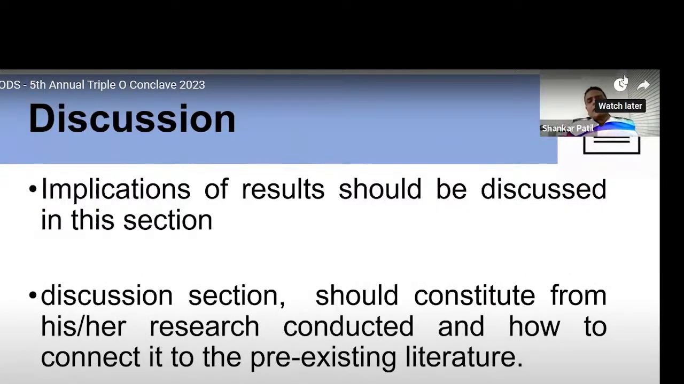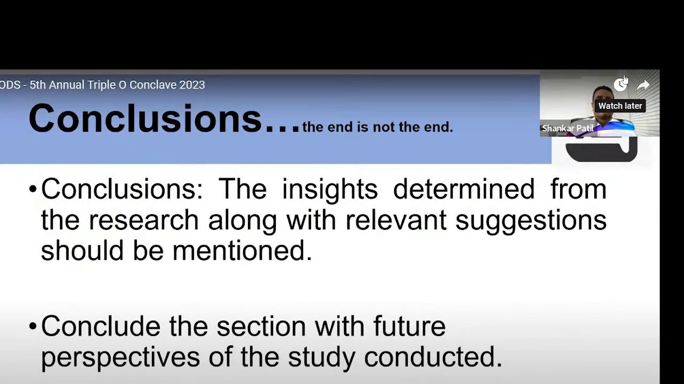In the discussion, the implications of results should be discussed: how the results you have got are similar to the pre-existing literature, and how they are different from it. In the conclusion, the insights determined from the research along with relevant suggestions should be mentioned, and conclude by telling what future perspectives could be done, for example, if you are not able to do genomic, proteomic, or transcriptomic analysis. You can leave a note there on what future avenues other authors can pursue